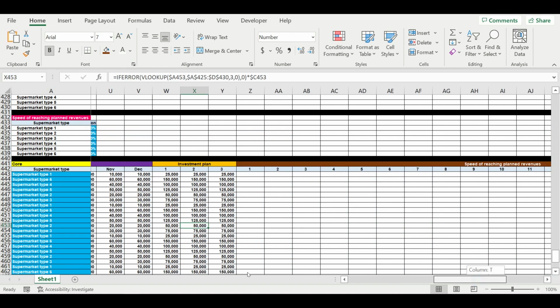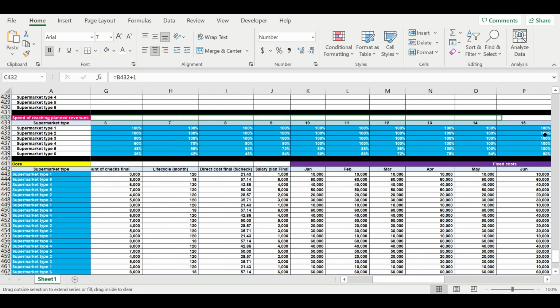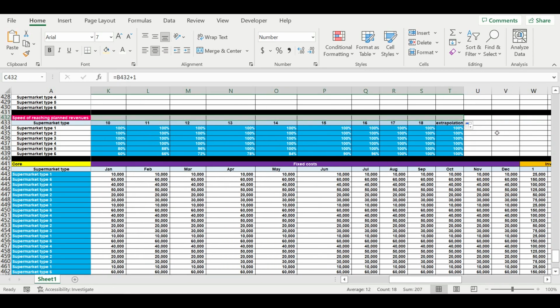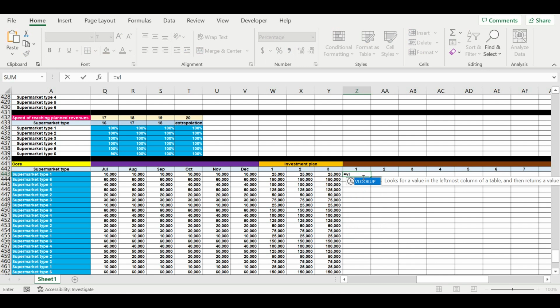Because there are a lot of columns here, we will add additional numbers for columns to make us easily use VLOOKUPs. So we change the format to percentage, then we start writing VLOOKUP functions. So we are searching this value,